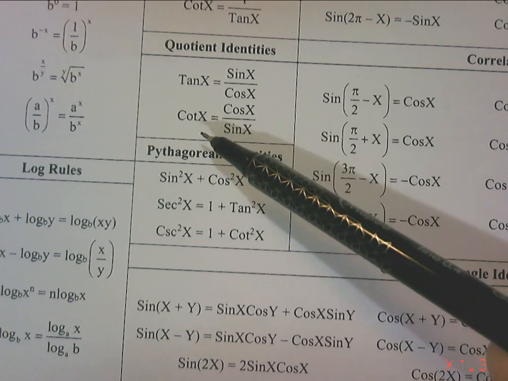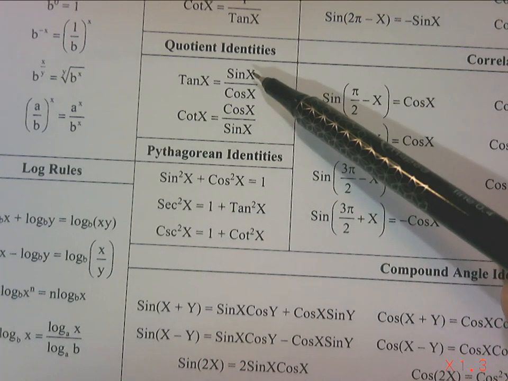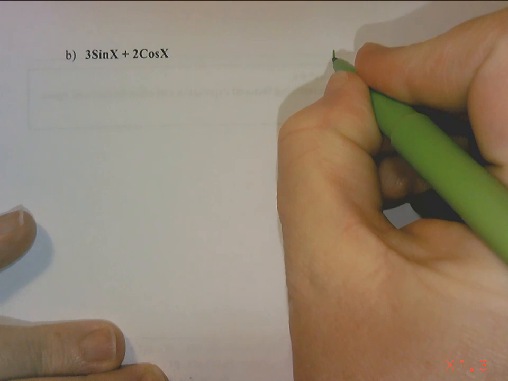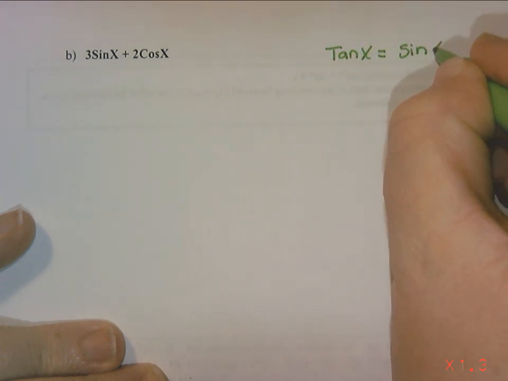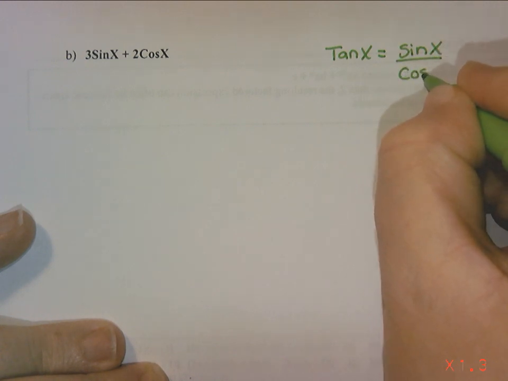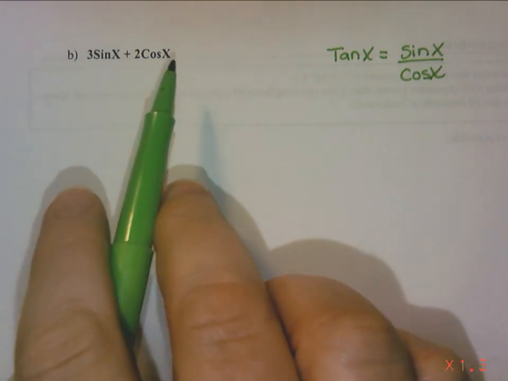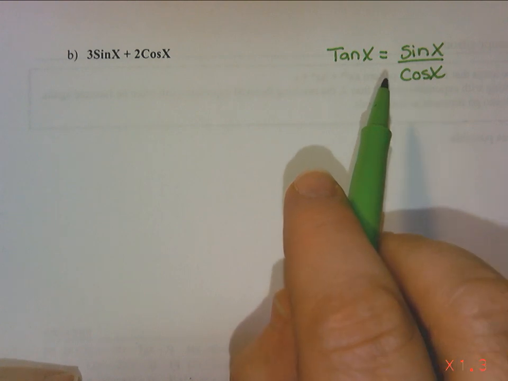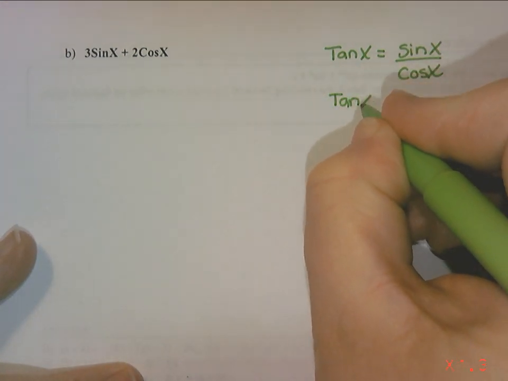So instead, I think we're going to take a look at either tan x or cotan x, and I'm going to choose tan x. So off to the side, I am going to write down my identity that tan x equals sine x divided by cos x. What I would like to do is find a way to either get the sine x by itself or the cos x by itself. So the easiest thing to do here would be to multiply the cosine x to the other side, and that would give me tan x cos x